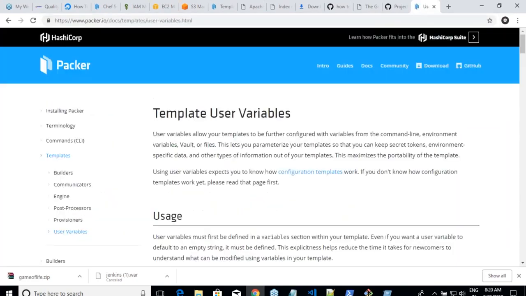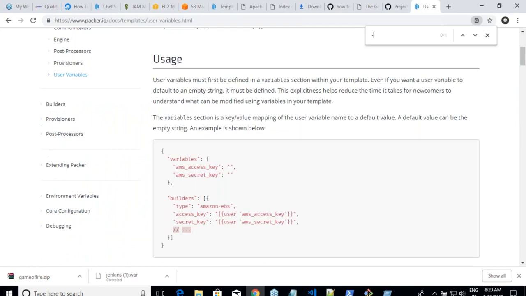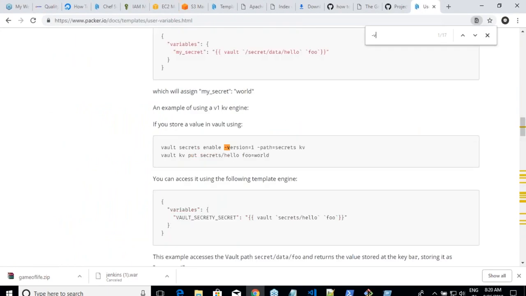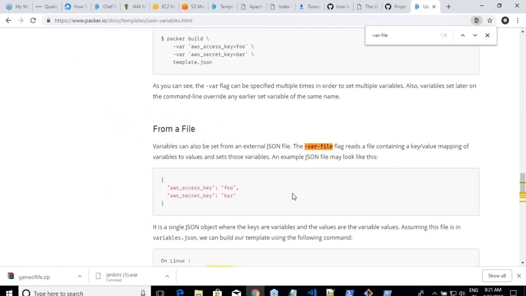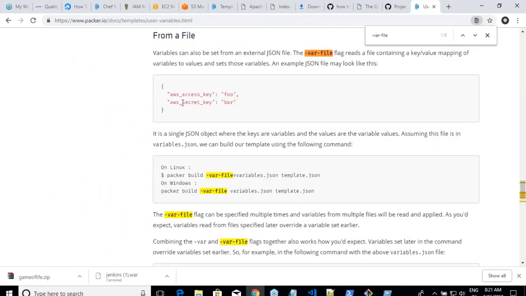Let me get into that var-file. In a var-file, you write all of your variables and their values in a file in JSON format.